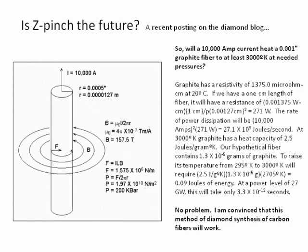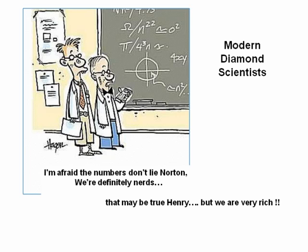Here are all the calculations. And the guy on the website said, no problem. I know how to demonstrate this method of diamond synthesis on carbon fibers to turn directly to diamond fibers. We are going to pretty soon be able to make huge diamond fiber by Z-pinch technology. That's the future. Next slide says, when they make all these calculations, they use the calculator, and it says,